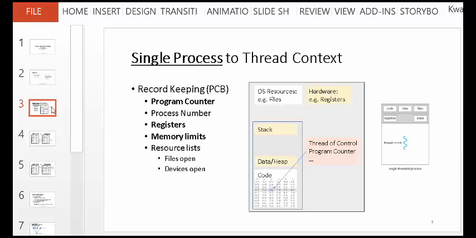Now, previously we talked about having processes, and a process was simply some executing context. There's some memory, there's a stack, there's some data, there's some code, and there's a program counter that indicates where inside the code you are currently running. Right. So as an example,